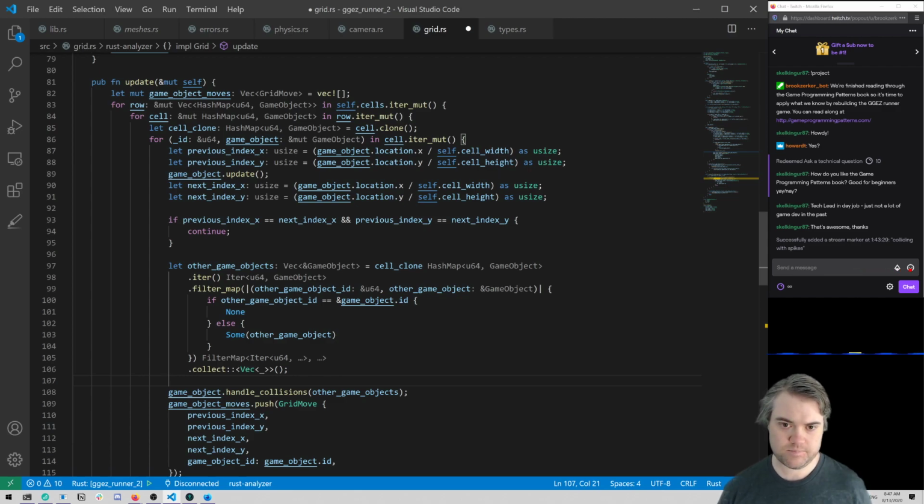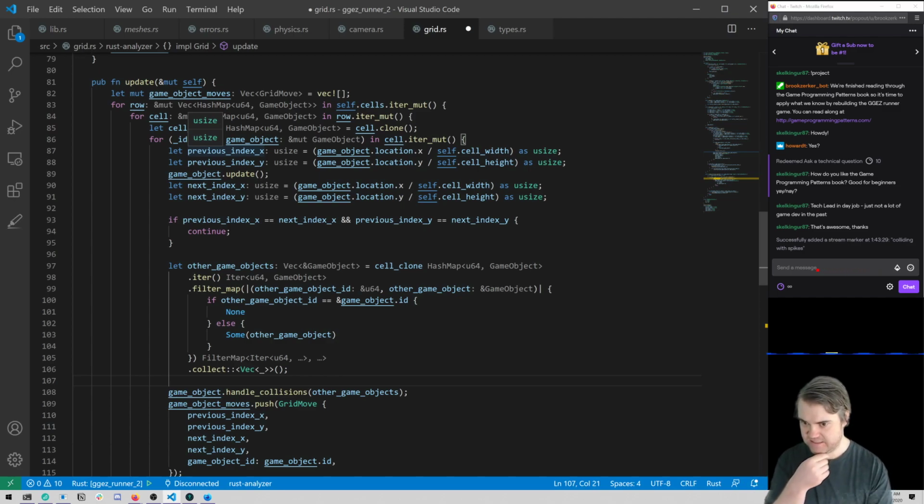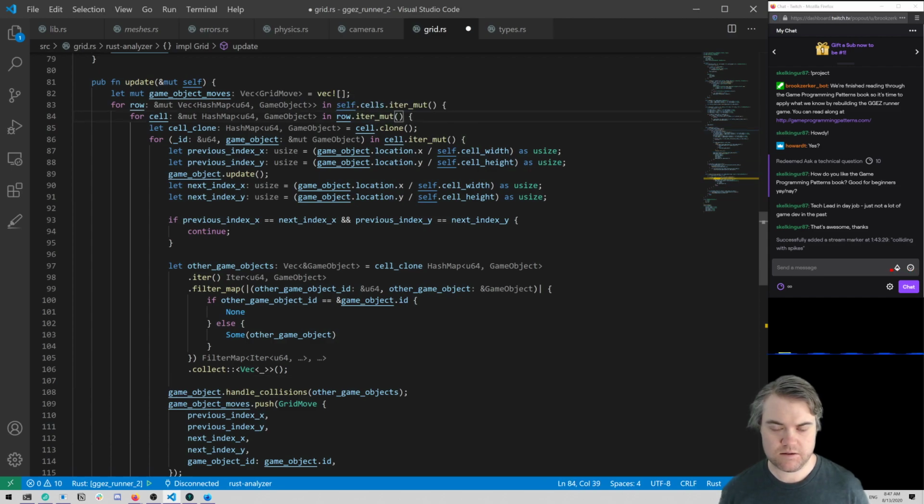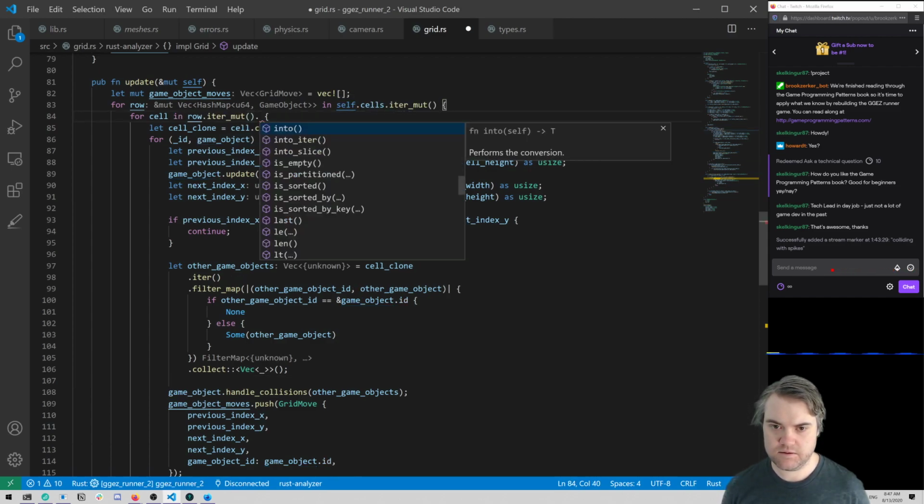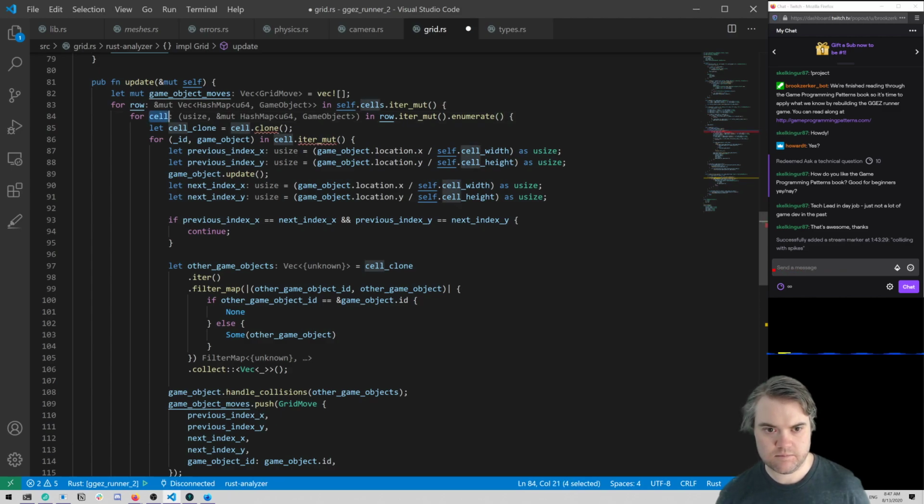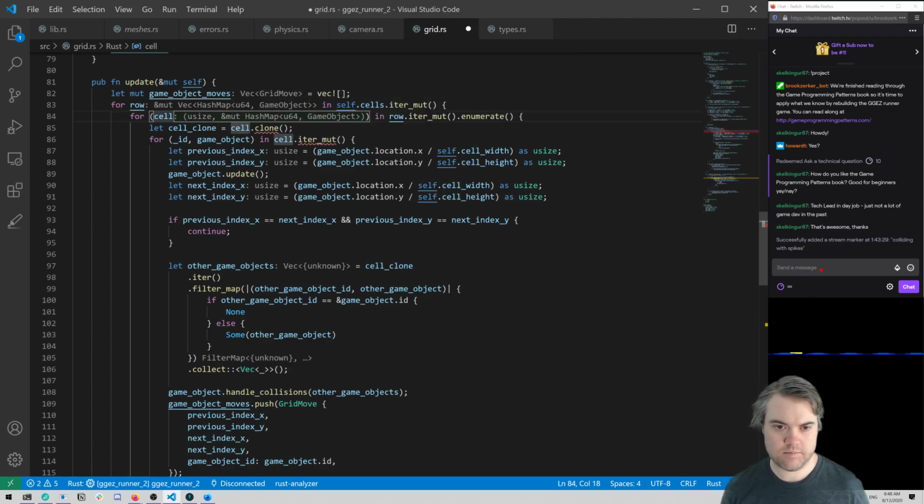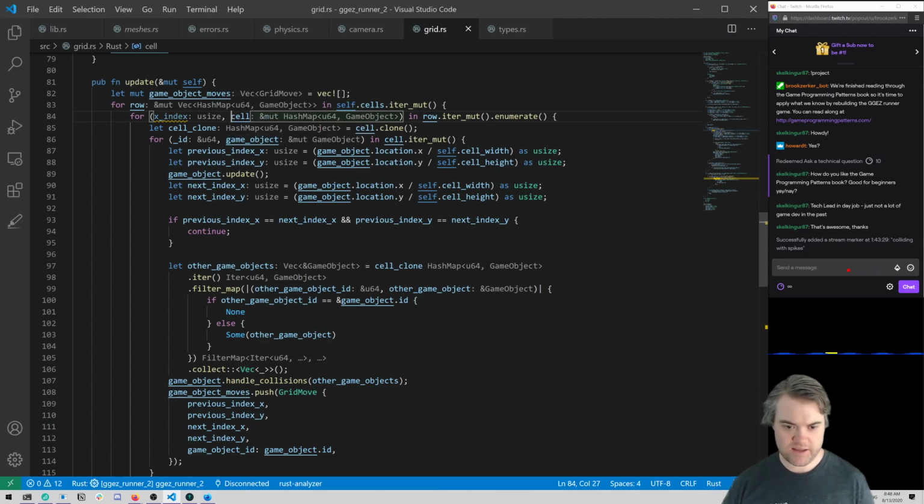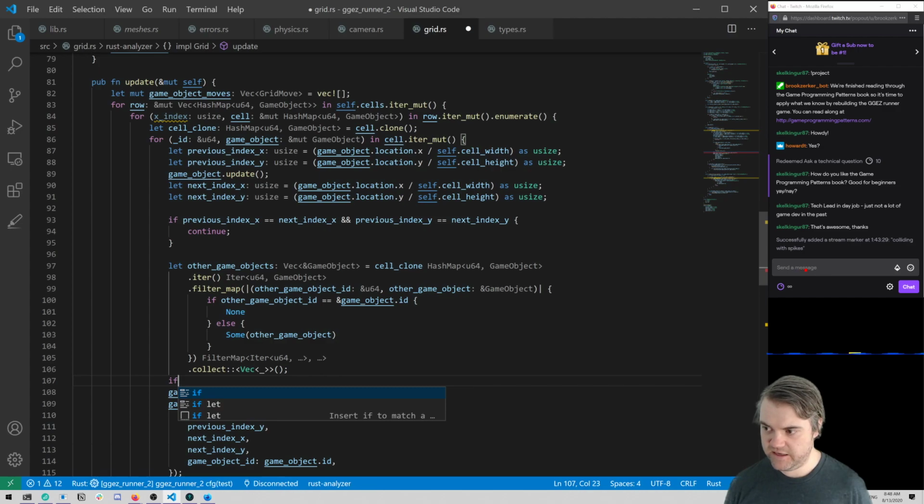So if there is another cell, which means I need an index, I need the X index, which I can get right here. And then the cell is exactly the same. Okay, so we have that. Then our X index, if,